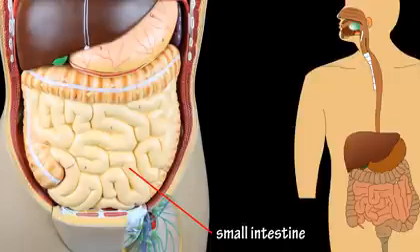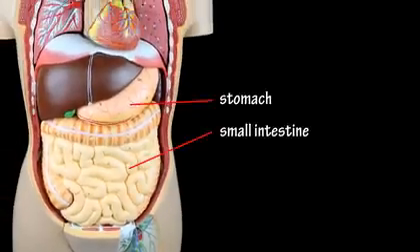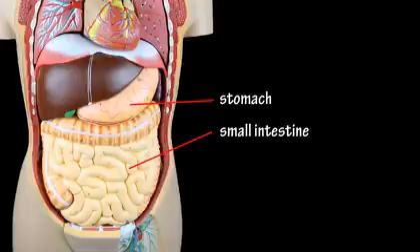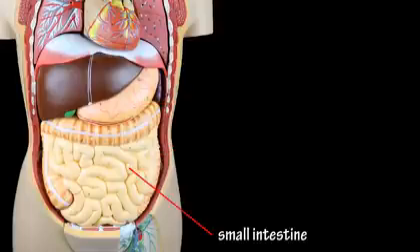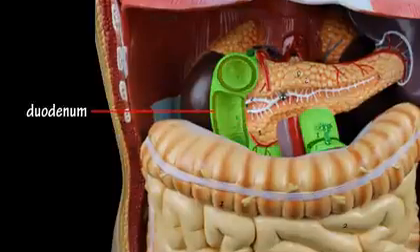When you chew food, then swallow it, it enters your esophagus, which connects with and passes the food to your stomach, which connects with and passes it to your small intestine. And your small intestine is located just below your stomach as it coils and loops, filling a large portion of your abdominal cavity. The small intestine has 3 sections, with the duodenum being the first section, and it wraps around